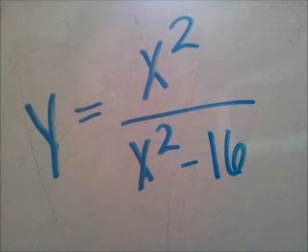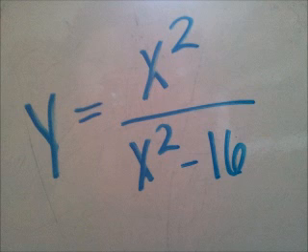Function 2 required two vertical asymptotes, one horizontal asymptote, 0 holes, an x-intercept that could be the hole, and a y-intercept that could not be the hole. I created the function y equals x squared over x squared minus 16. This equation could be factored to x times x over x plus 4 times x minus 4. In the end, my function will have two vertical asymptotes at x equals negative 4 and x equals positive 4,